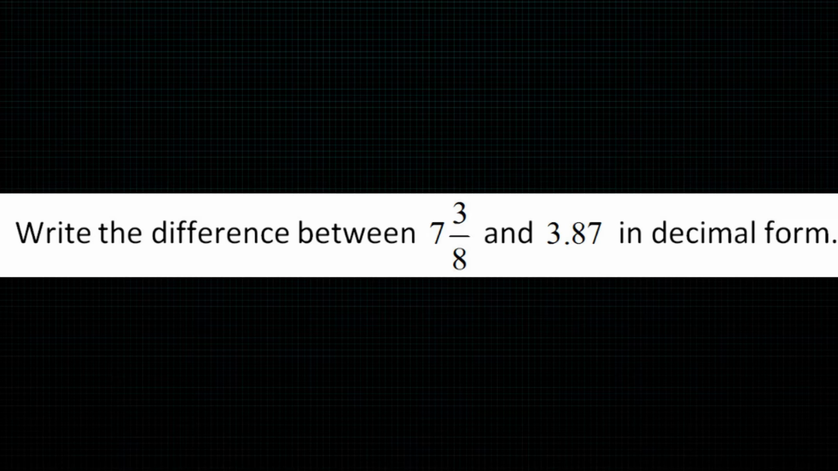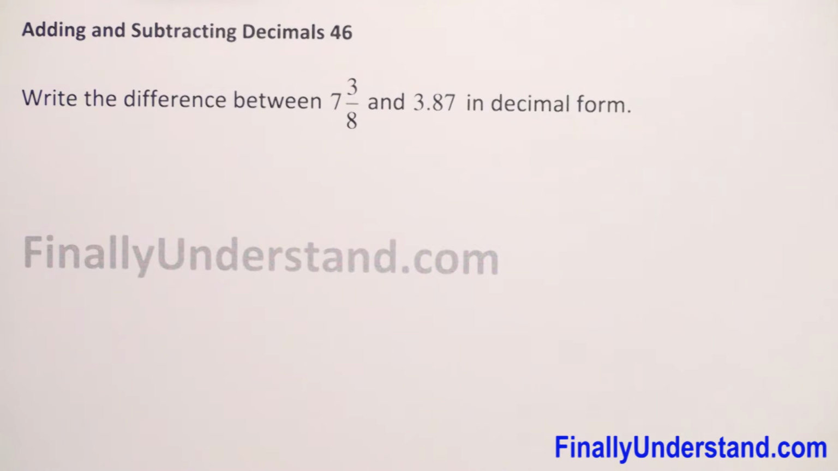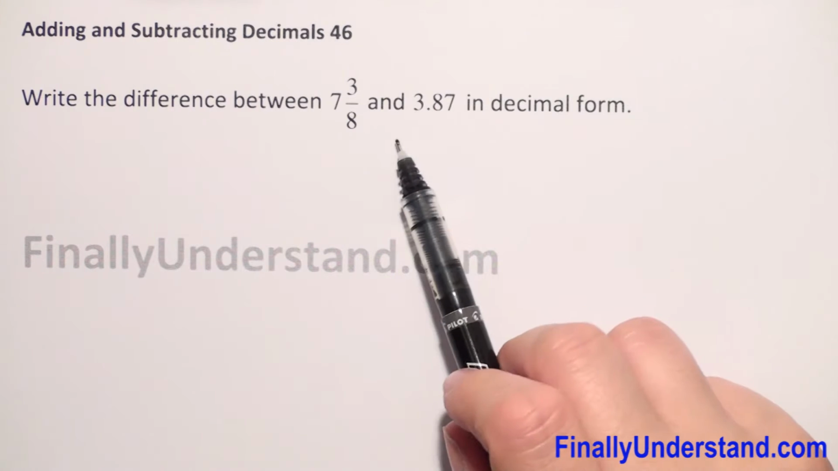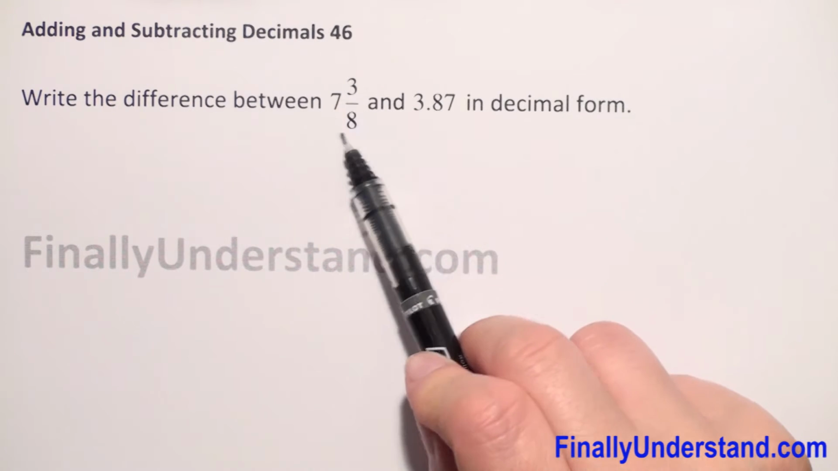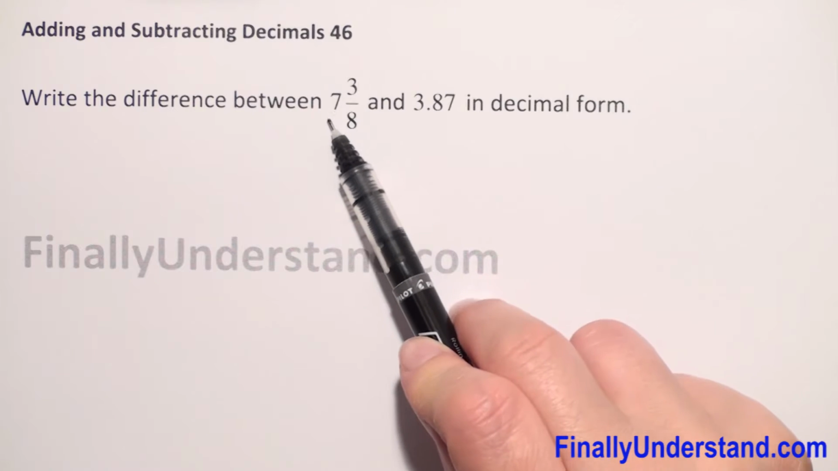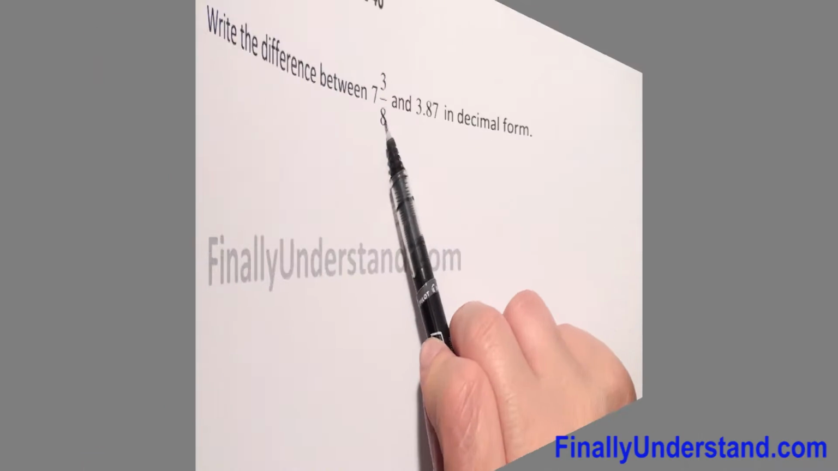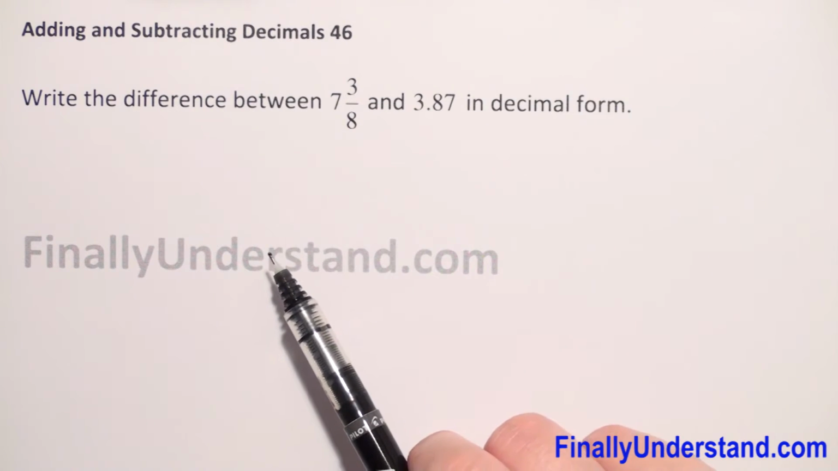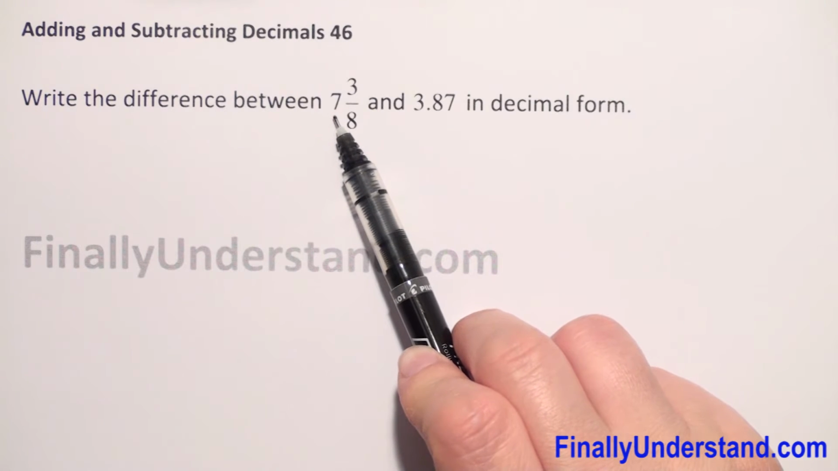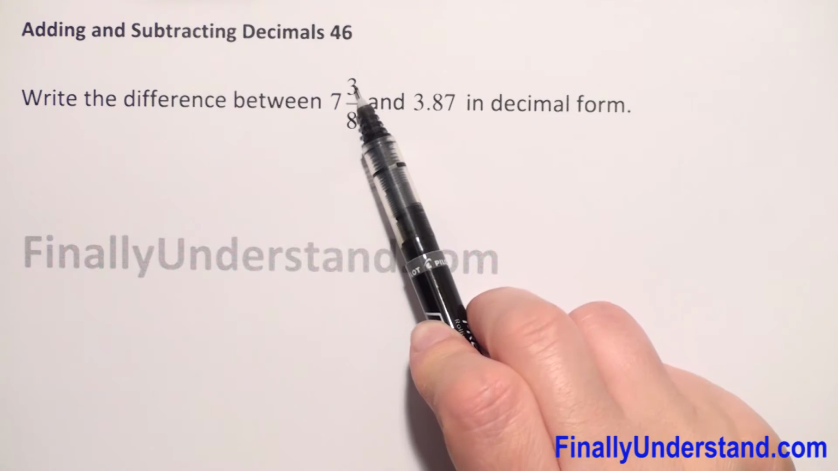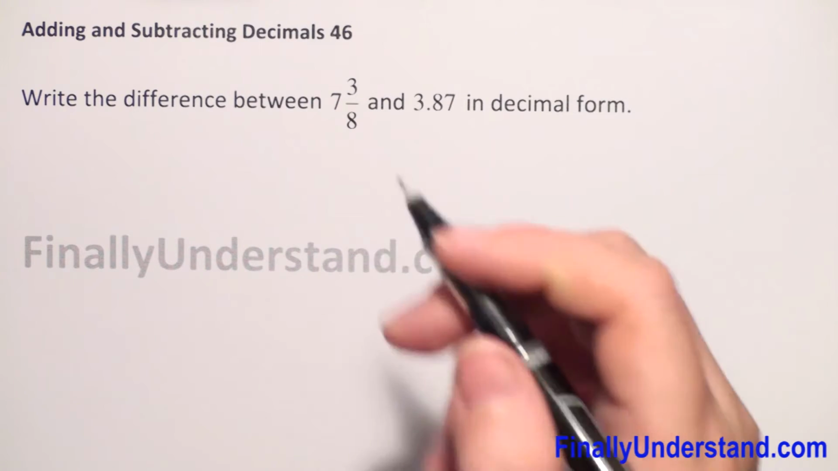We have to write the difference between 7 and 3 over 8 and 3.87 in decimal form. So to do this, we need to have decimal numbers. We have 3.87 and we have a mixed number. So we need to change the mixed number to full decimal form. How do we do this? At the beginning, we will forget about 7 because 7 is a whole number, and we will change 3 over 8